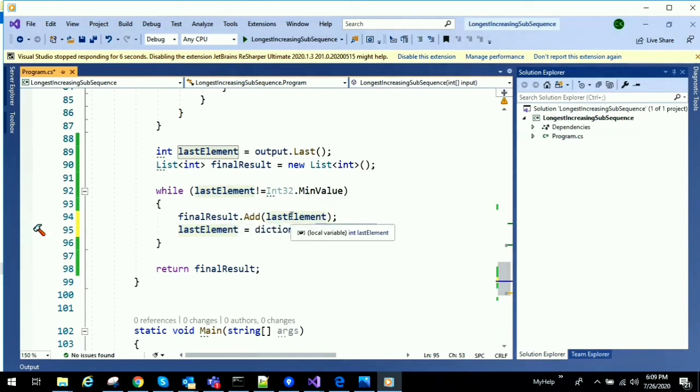That's the reason we will add that 6 to final result, and then we will check again dictionary of 6. That will give us 2, and like this the loop will continue until we find the minimum value. I hope you understood this loop.